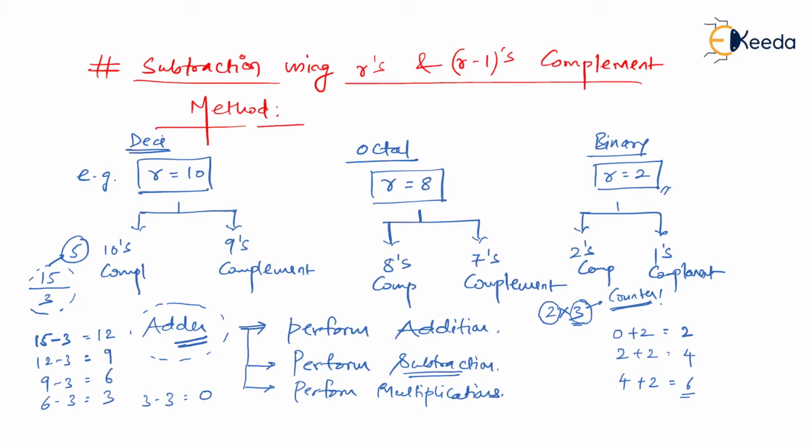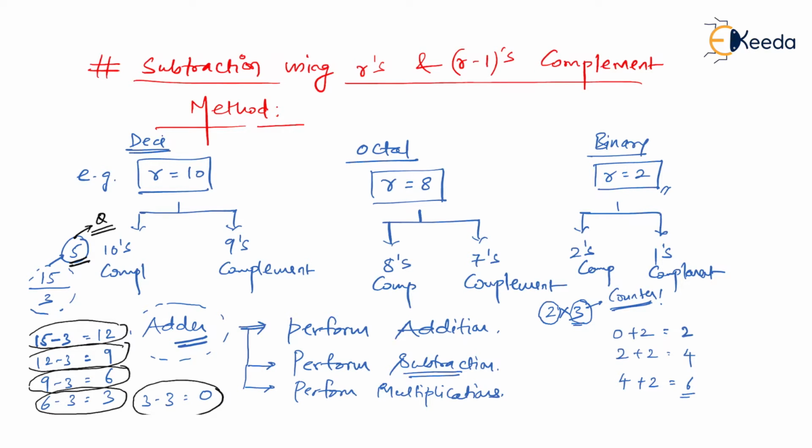Let's understand how to reach the answer. What I'm ultimately going to do is count the number of subtractions that took place to reach 0. This is the first subtraction, this is the second subtraction, this is the third subtraction, this is the fourth subtraction, and check it out, this is the fifth subtraction. If I count the number of subtractions, I get the answer 5. That is nothing but the quotient value. Can't you see that?